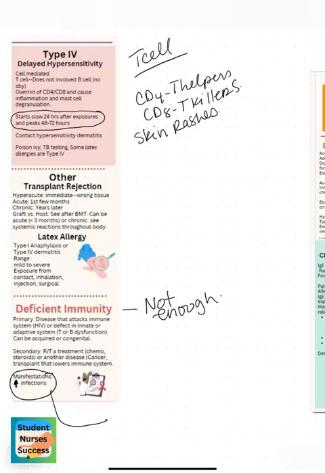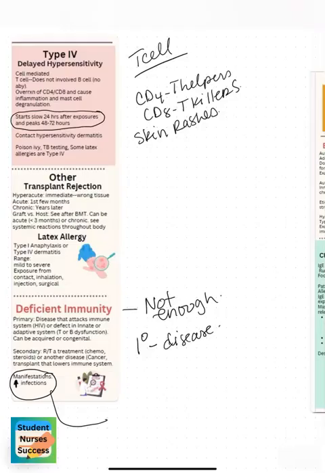You can have a deficiency of your innate immune system or of your adaptive immune system. It can be a problem in either the innate or the adaptive piece because you need them both. Deficient immunity can be primary, meaning it's some type of disease